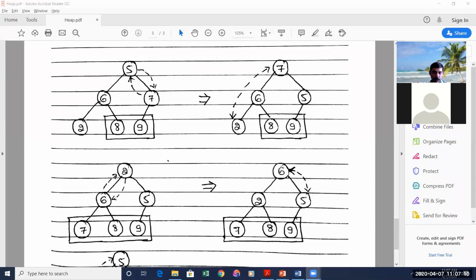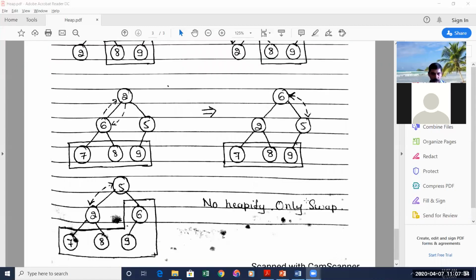So next, what do you have to do? You have to do the maximum key delete. Maximum key delete means you have to swap the root element with the last element. So now 5 is the last leaf element, because 7, 8 and 9 are not part of the heap. Now 6 is swapped with 5. Output of that swapping is this. So 5 comes to the root position, 6 comes to the last leaf. You have to reduce the size of the array by 1. So I have put a box like this.